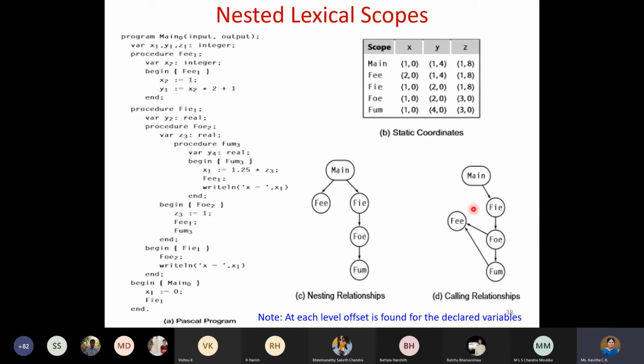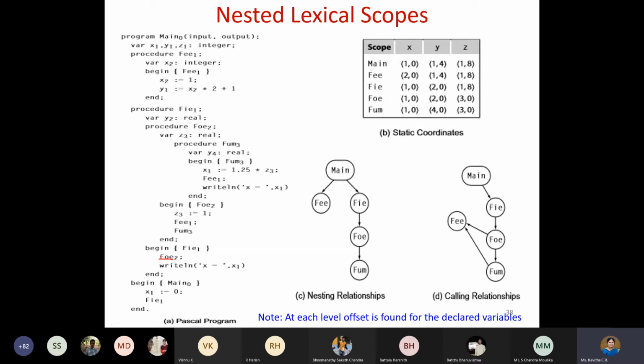And similarly, there is another graph which is actually showing the calling sequence, where you are going to see the call statements from which function what is called. So if I start from main, that will be the root node, and from main the first call is what? FIE. So it goes there, FIE. So once you enter FIE, you are going to search for the next call. So next call is what? Within the body of the FIE, you have to see where you are calling another function, say FOE. So this is what we have called. So that's the relationship here.